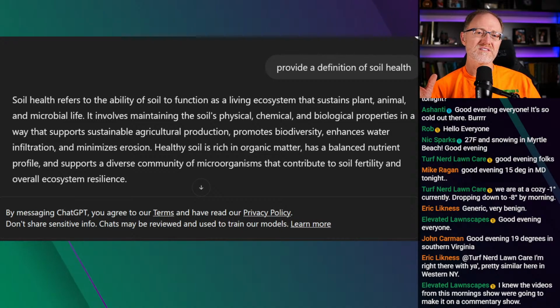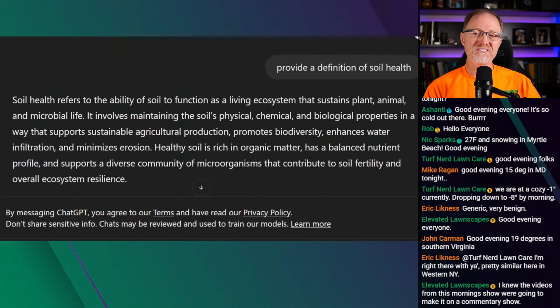See, a lot of word salad in there, and a lot of vague terminology and amorphous, ambiguous terms. Ecosystem resilience: how do you measure that? Microorganism community diversity: you can measure that, but why is that important? It's important as long as you can connect it indirectly or more preferably directly to plant and animal growth and, in turn, human well-being. But in general, after I've criticized the heck out of this definition, it kind of gives the average person a vague idea of what soil health is.